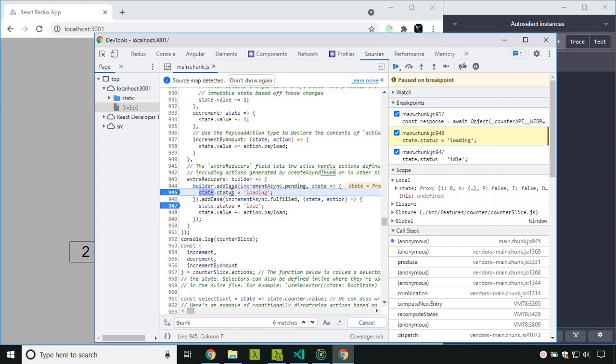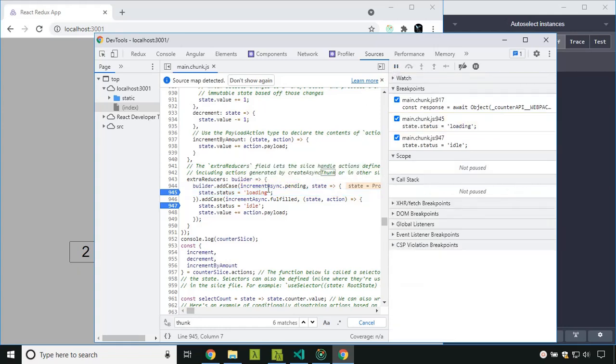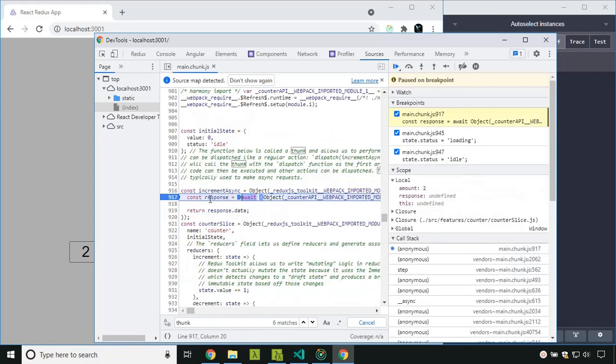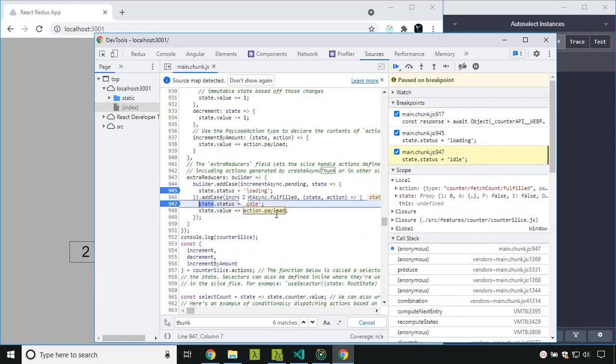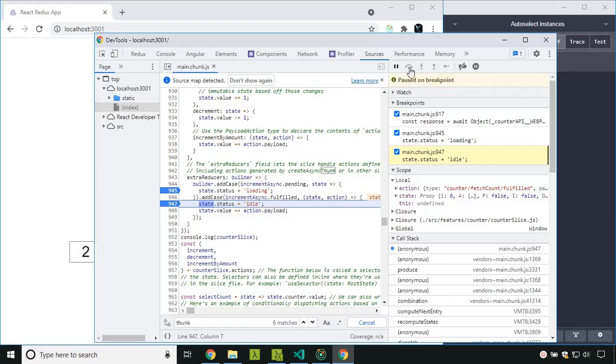Initially it comes to the status and it is setting it as loading since the increment async is pending, and once it is done it will go to the actual callback, and once it is executed it will come back here. Now you can see the payload, it has the value 2.